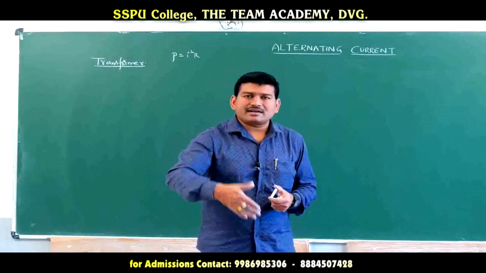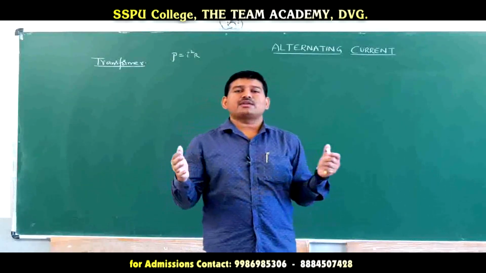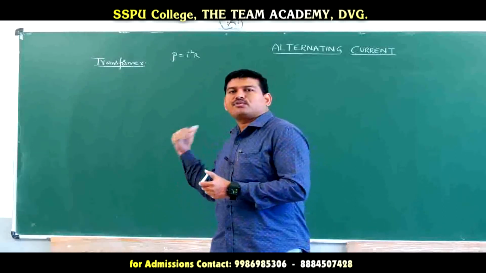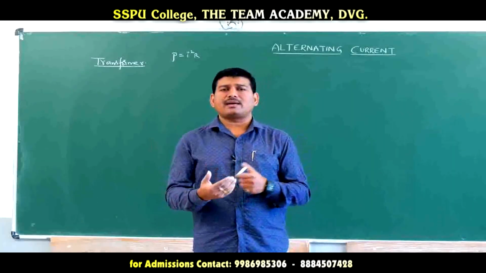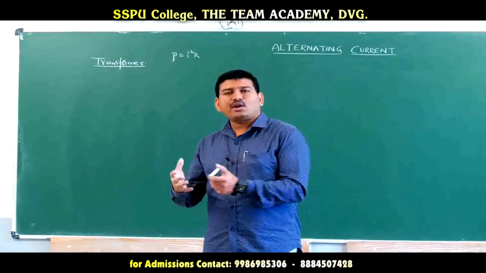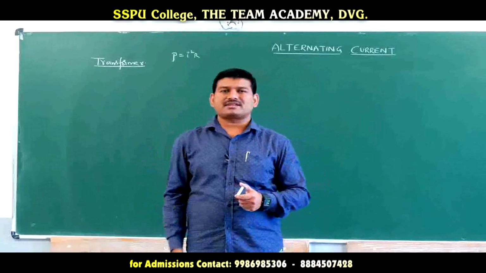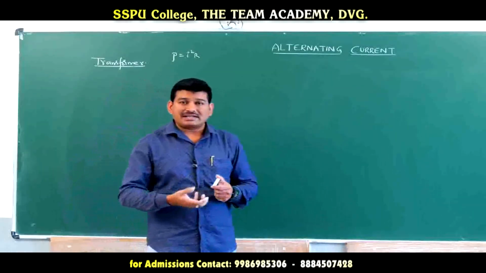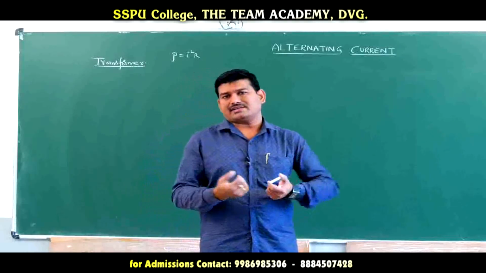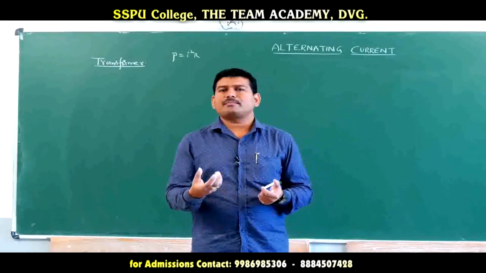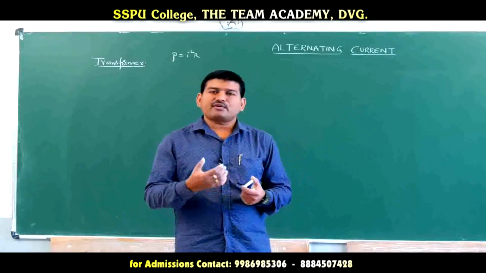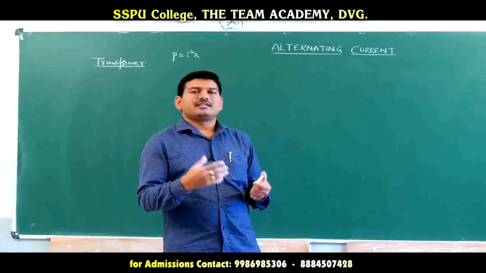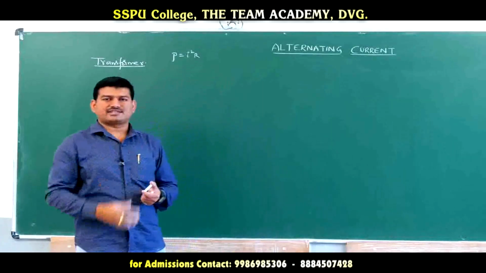Okay, this is just like the case where 100 students are standing in a queue, and I give an ice cube to the first person and ask him to transport it to the last person. When it is moved from one hand to another, by the time it goes to the last person, only a small amount of ice cube remains, because the ice was melted by the heat of our hands. Our body temperature is more compared with the temperature of the ice. Therefore, the last person is going to get only this much of ice cube.